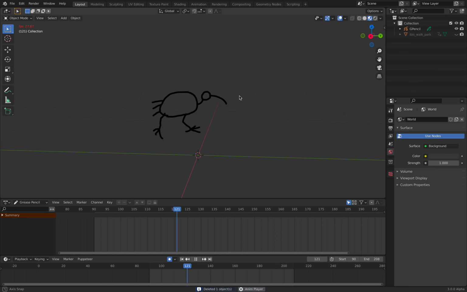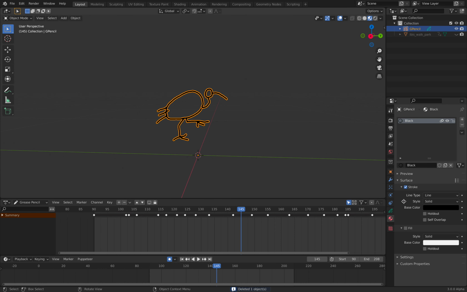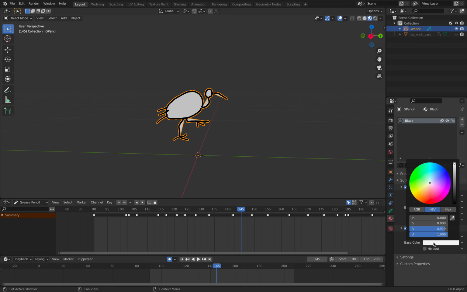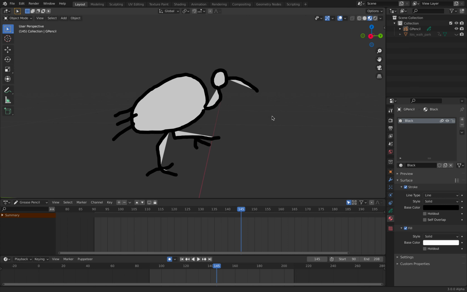But for now, don't worry. There you go. That's just a quick kind of tutorial, or just testing the grease pencil,